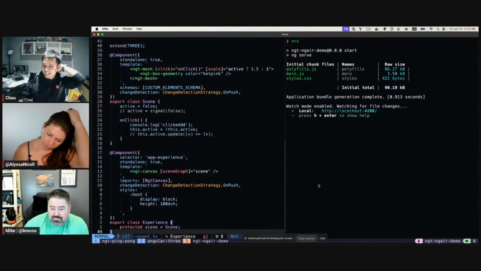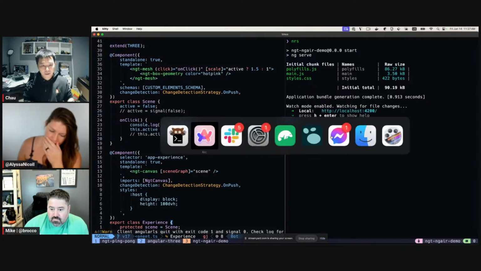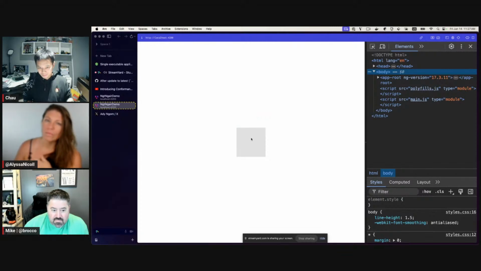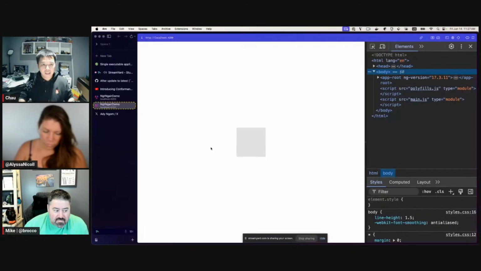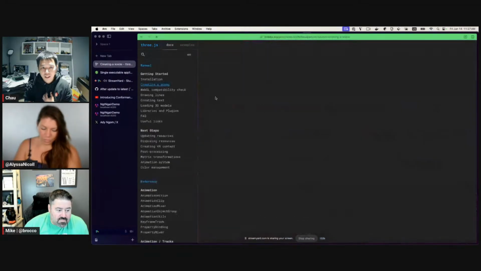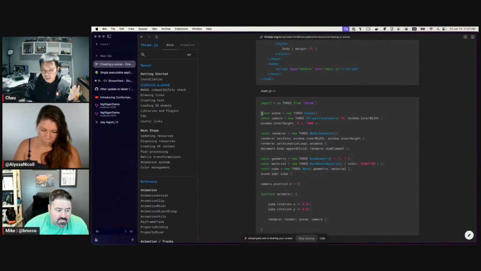I like it. All right, so I have this application right here, which just renders a gray cube. Normally, with 3JS, I'm going to go to 3js.org, go to the documentation, and scroll down to the end here.